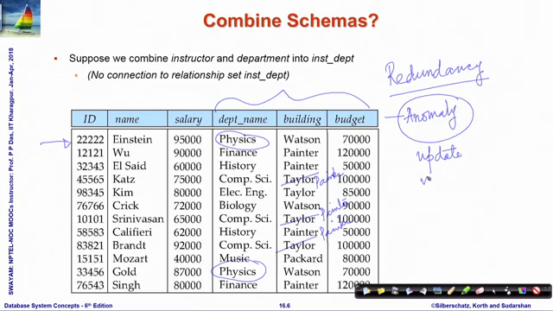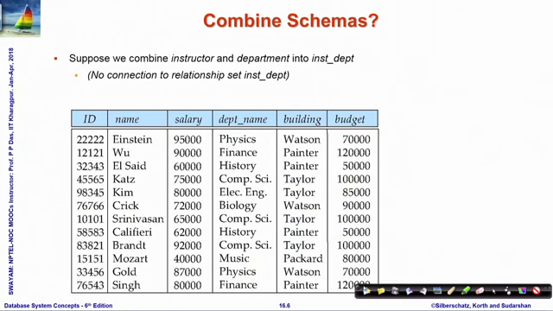So, this kind of redundancy can lead to different kinds of anomalies in a database design. On the other hand, why am I complicating the whole situation? We have already had a good design where these anomalies were not there: department was separate, instructor was separate. In that case,